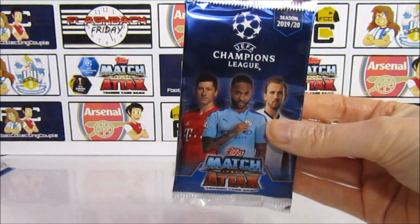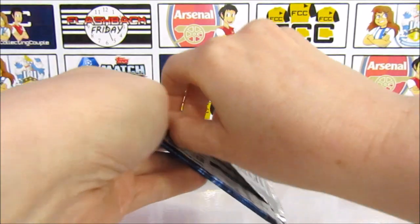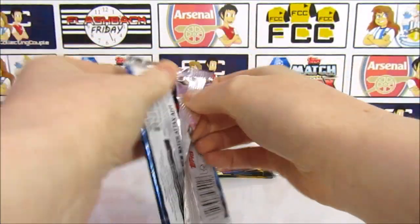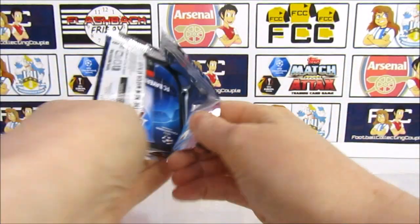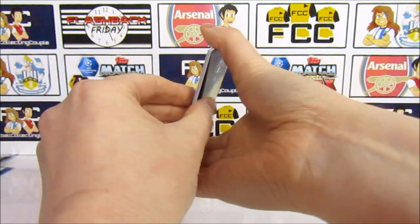Okay, so this is the one that we got for the French collection, but I have a feeling it's probably going to be the international collection, just a slightly different variation to the pack. Yeah, I think that's what happened with the US packs. Yeah, and I think there's some in Australia too, so...